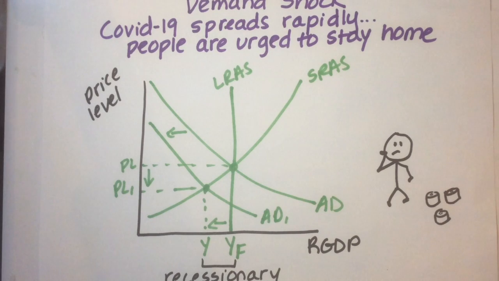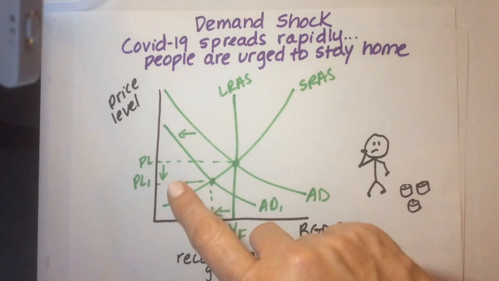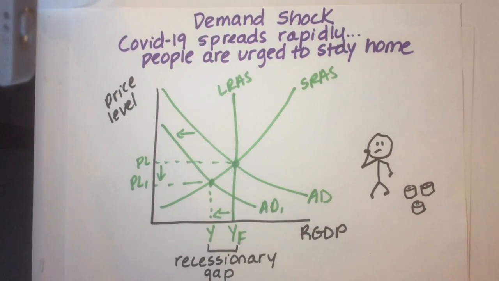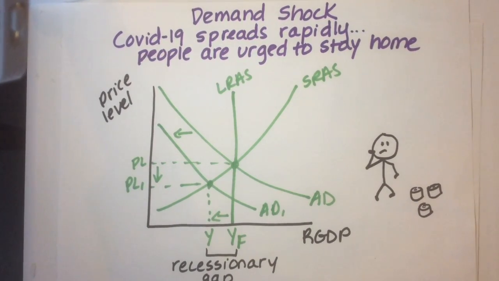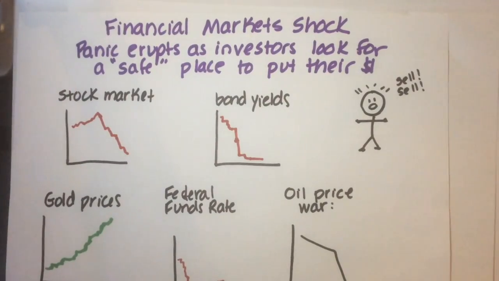So with everyone at home, aggregate demand has a massive shift to the left, and we can see again that the real GDP level moves to less than full employment output. So again, this is a recession. We can see in this example that in a demand shock there's downward pressure on prices, whereas with a supply shock, there's upward pressure on prices. We don't know what the inflation rate is going to do, but what we do know is that financial markets are really going to react to this.